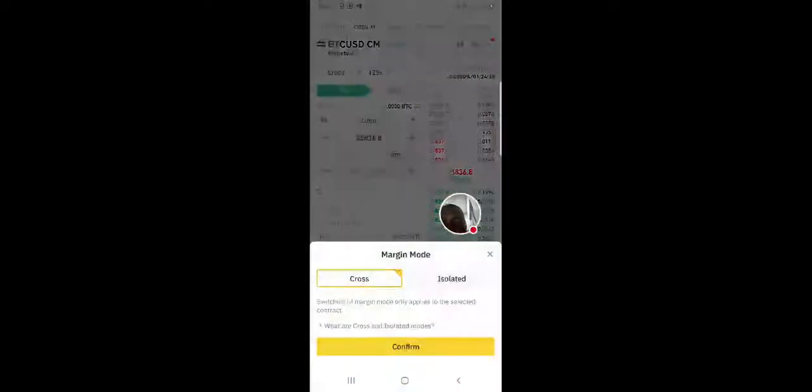The cross, if the trade is going in a reverse way, it did not go as expected, the cross is allowed to take from my balance. The balance I just showed you now, I have to take from there. But on this isolated, see, this is isolated now. This isolated means that